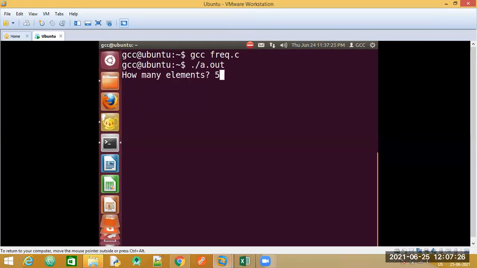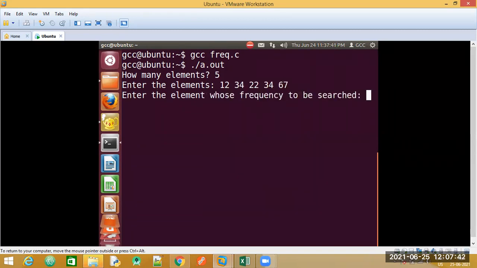So let me say 5 elements. Let me enter the number as again 34, whose frequency we need to search. It is telling me the element 34 is present 2 times.